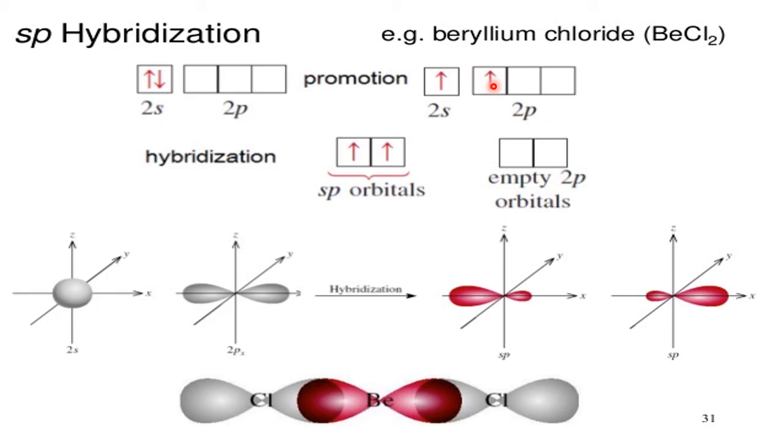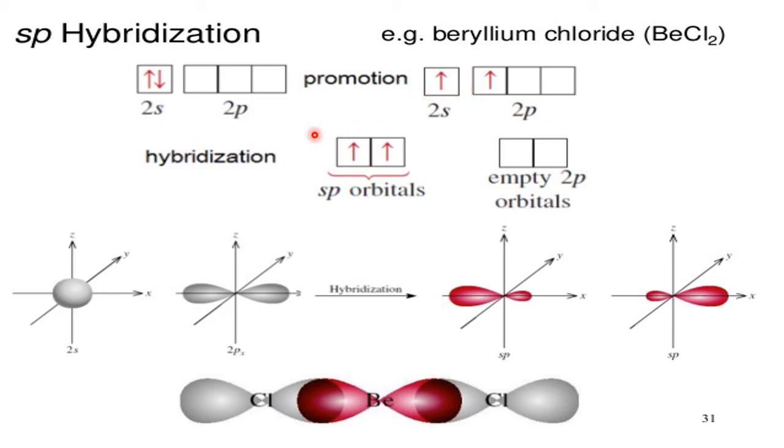This is called the electronic configuration of beryllium in the excited state, or the state ready for hybridization, right? Now these two unpaired electrons will go for bonding with whom? With chlorine. What is the chlorine? 17. Only one electron in the p orbital. That one electron will go for bonding with this one electron, and another chlorine will go for this electron. So totally 2 chlorine atoms are required to bond with the 2 unpaired electrons of the beryllium.